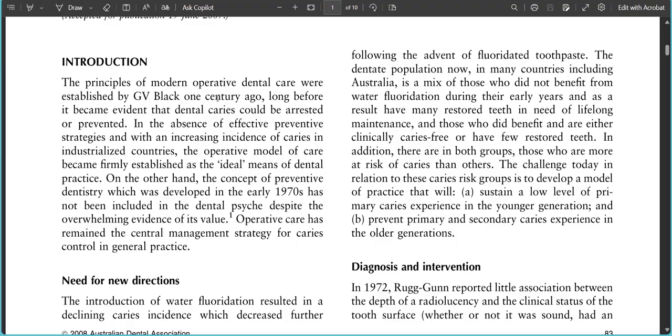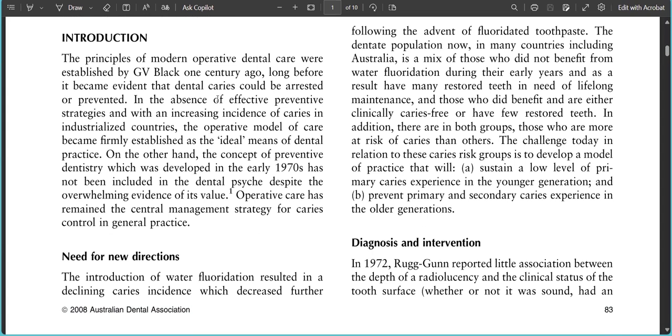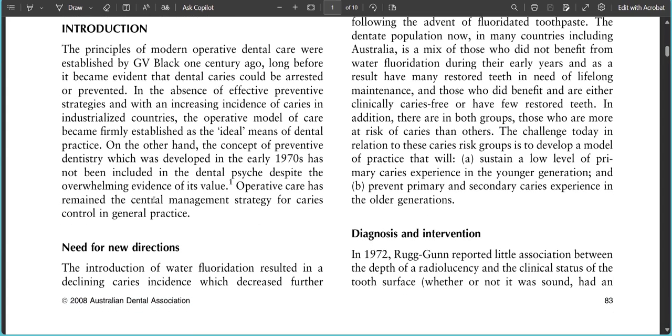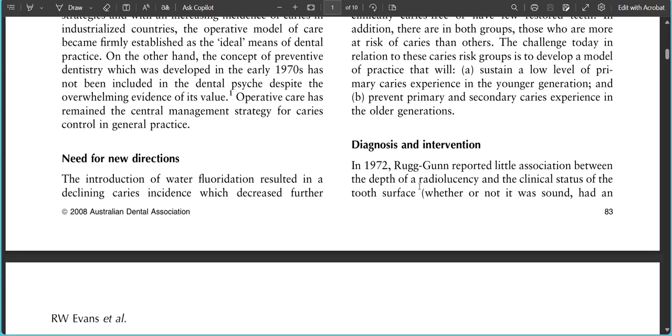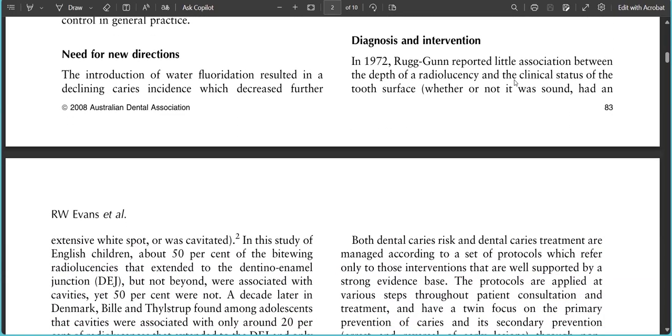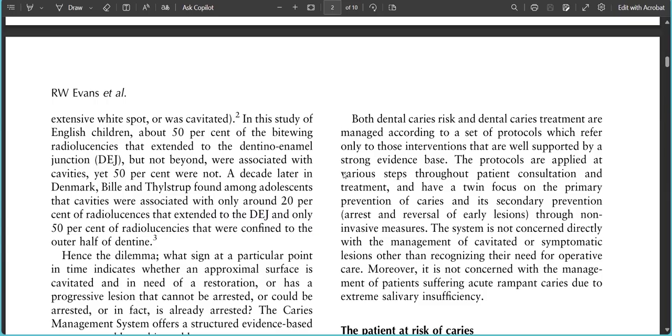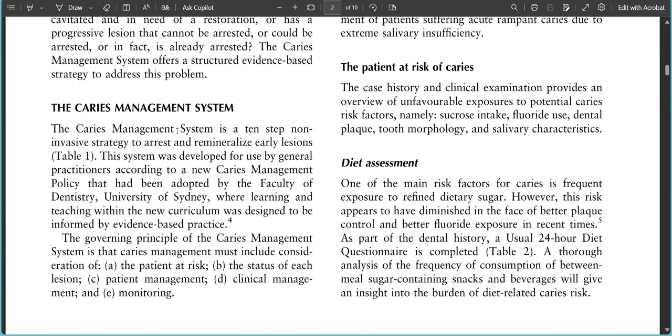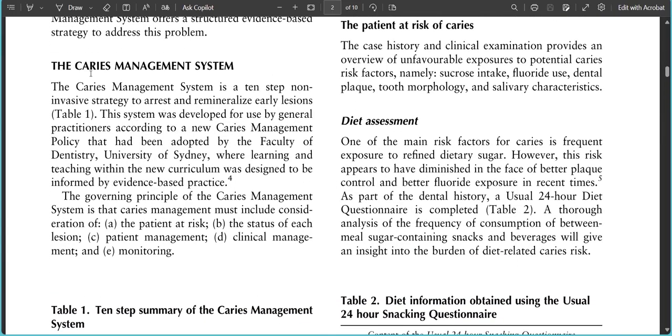But even after reading this article, if you go to the kids one, you will be in a better place to understand that. Okay, there is no need to read this introduction and need for new interaction. You can definitely read this part, which is diagnosis and interventions, and the main focus is here, which is the